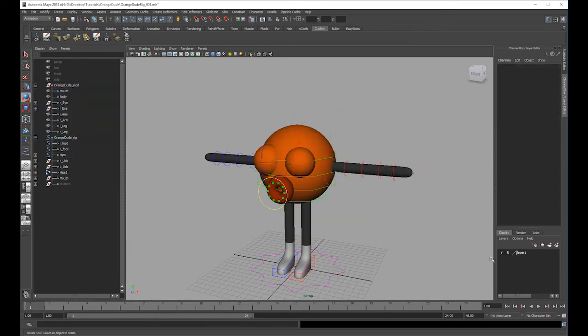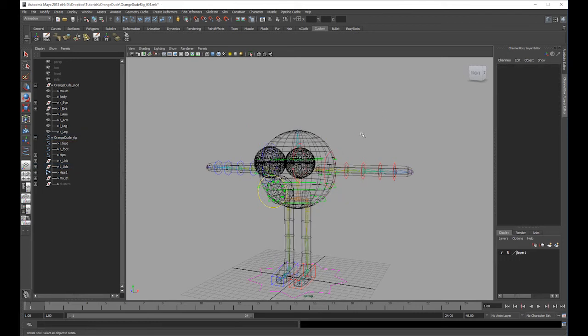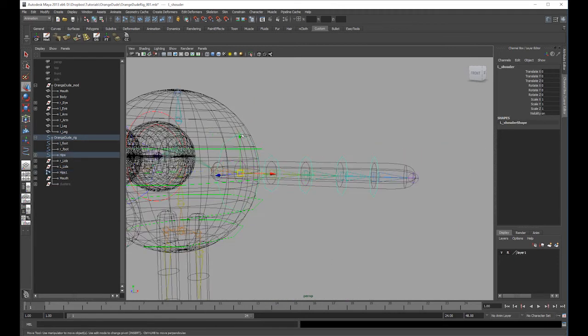Oh, we actually didn't rig the arms yet. Funny. Okay, so the eyelids work. Okay, so let's rig the arms then now. It's fairly easy. We're just gonna parent the controllers to the joints,